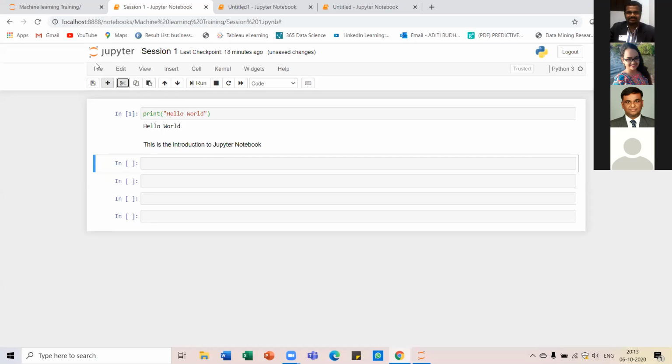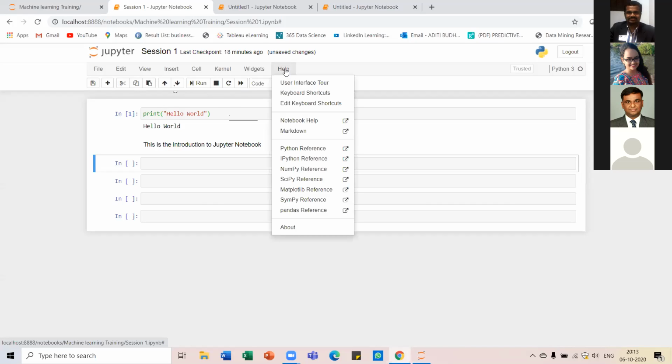I recommend that you explore all these functions or tabs which are present, to have a better understanding of the interface that Jupyter Notebook has. You can also make use of this help over here, which is ready-made help.